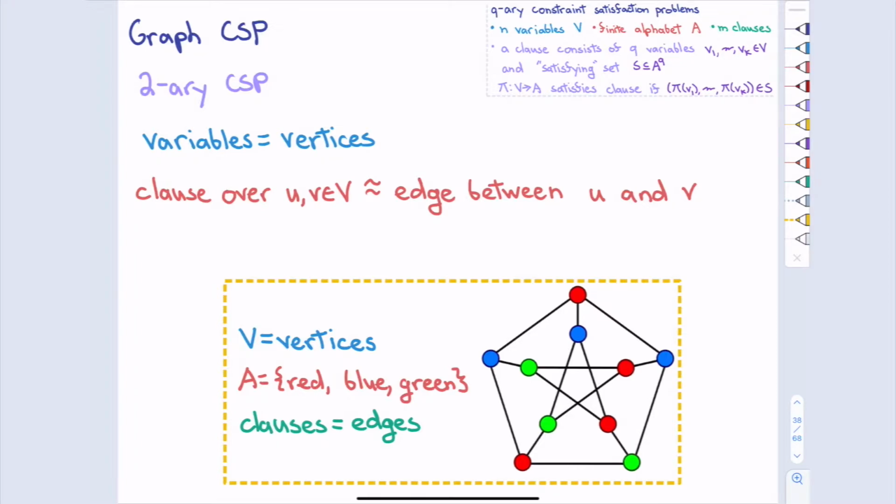Now we started doing a lot of graph constructions. So two area CSP is when every clause is only two variables, which we can think of as a graph. So the variables are now vertices. Each clause between two variables can be thought of as an edge. Okay, but of course we could have many clauses involving the same two variables. So this can be a multi-edge graph. Okay. So graph coloring is such an example.